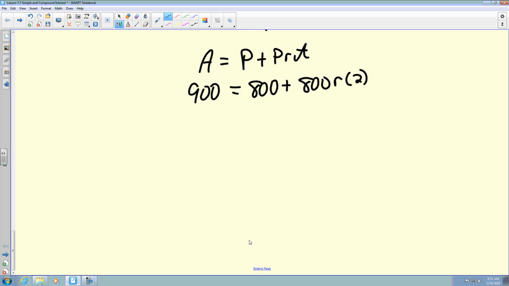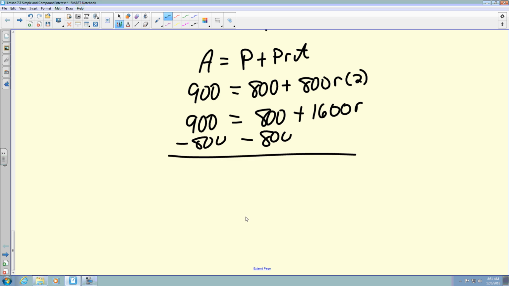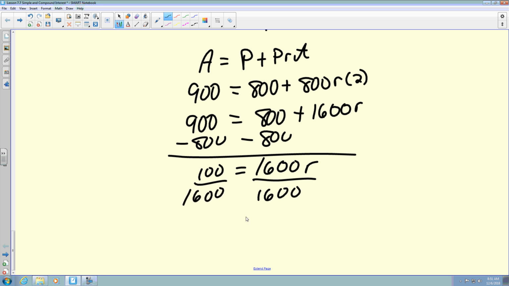Okay. So to look at this, I'm going to say this is 900 is equal to 800 plus 1600 R. Okay. So we can do some algebra here. So I'm going to subtract 800 to both sides. This turns into 100 equals 1600 R. And when I divide 1600 to both sides, I get a decimal of